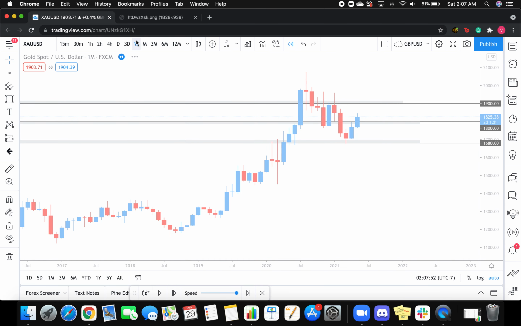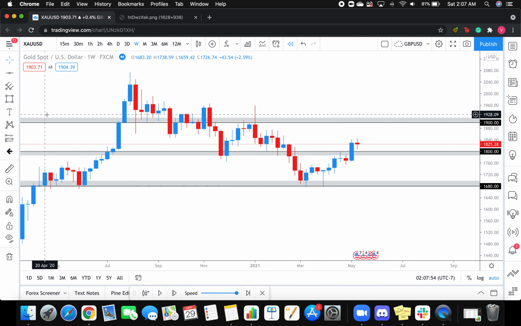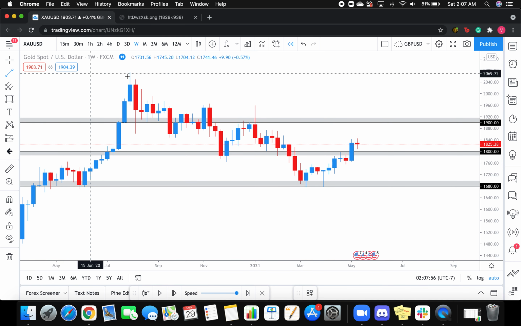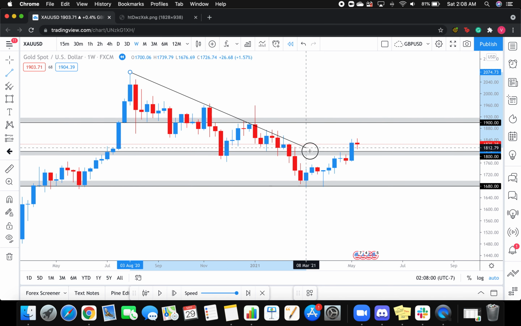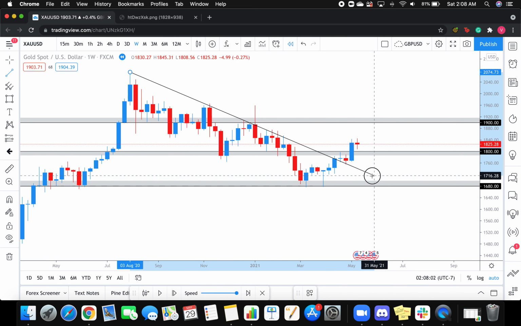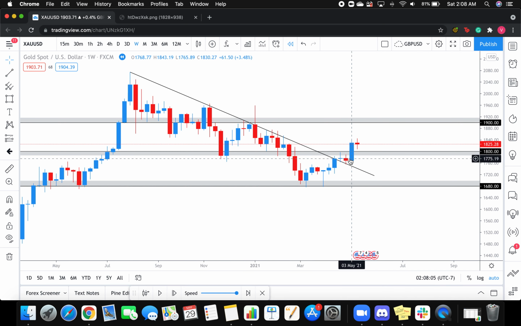Now we drop down to the weekly time frame. On the weekly time frame, I'm going to draw this line for you all to see visually that we were in this bearish trend. We broke out of that bearish trend in 2021, retested this level, broke above 1800. We know that this 1800 level is very important coming down from the yearly time frame, so we want to see this level being